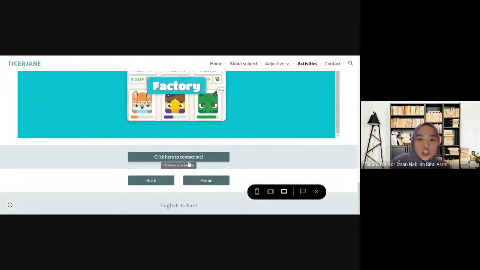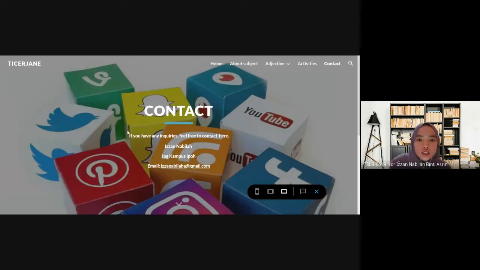And next page is they can click here to contact the author, and they can also click the back button to go back to the adjectives home and to the adjectives page, and they can press the home button to go to the home page. So if they click the contact button,